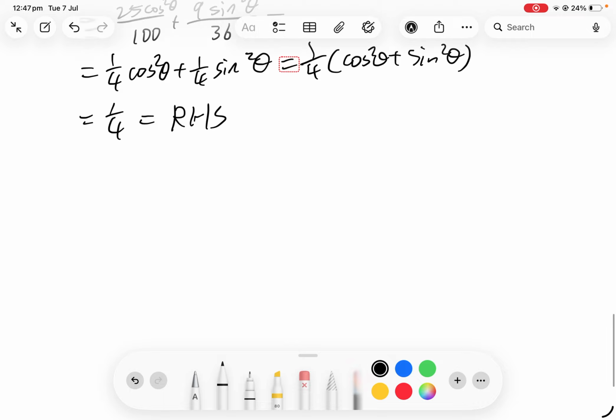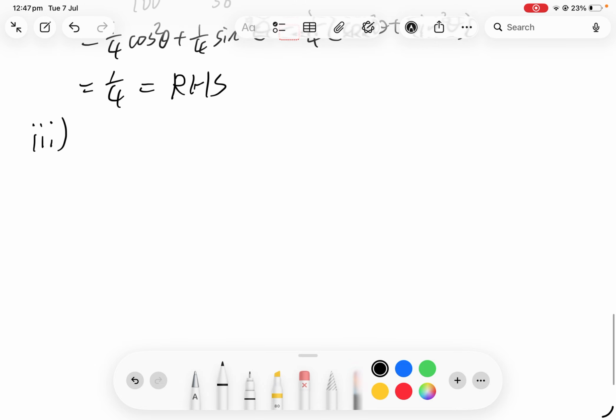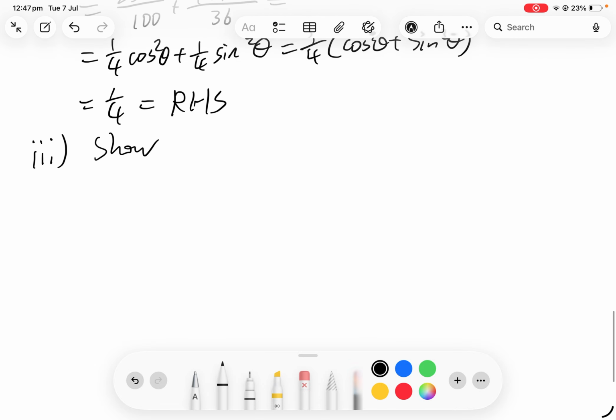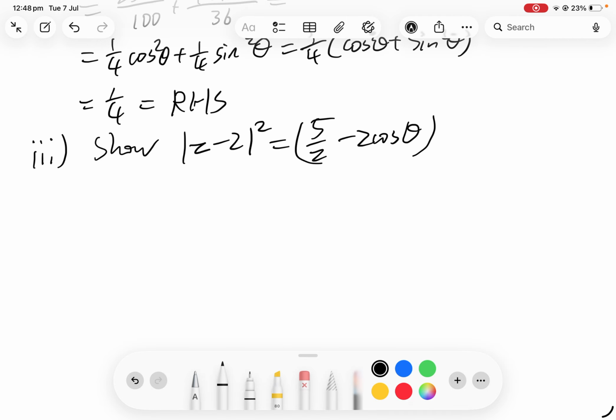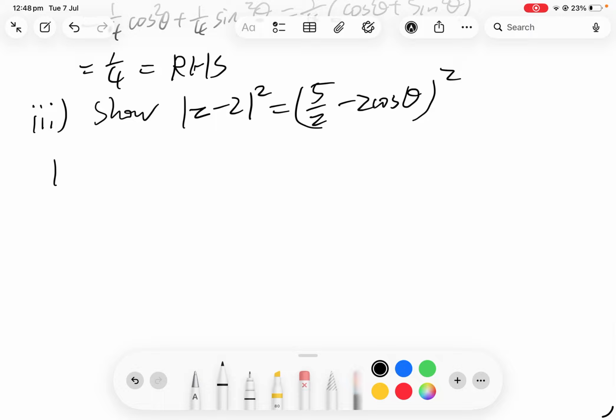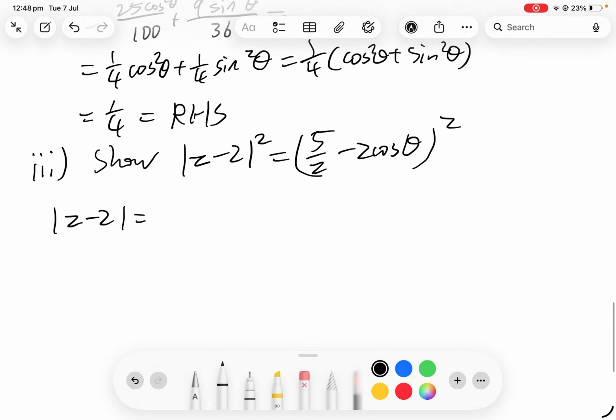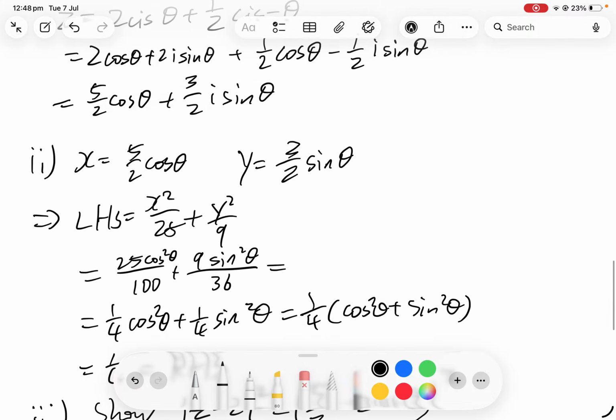And for part 3 of this question, it says show that |z minus 2| squared equals (5 over 2 minus 2 cos theta), and then everything squared. That's weird, so we have to show |z minus 2| squared equals (5 over 2 minus 2 cos theta) squared. Okay, so we first say that z minus 2 is just equal to z, which is